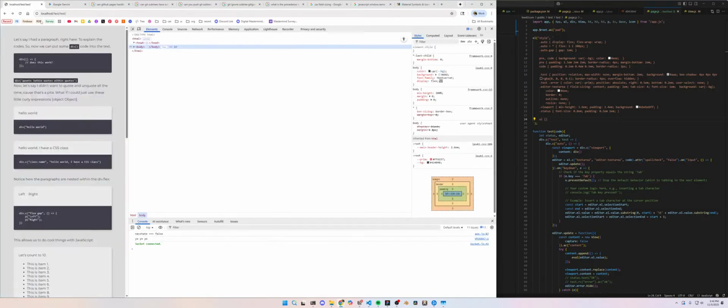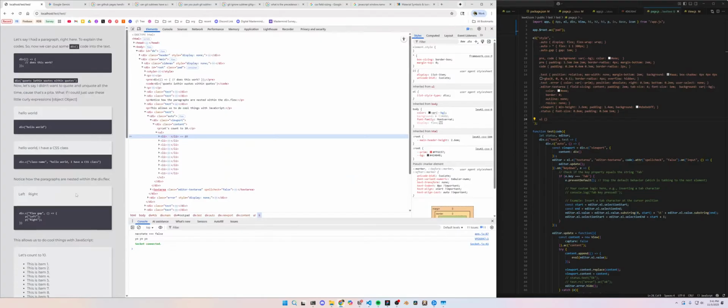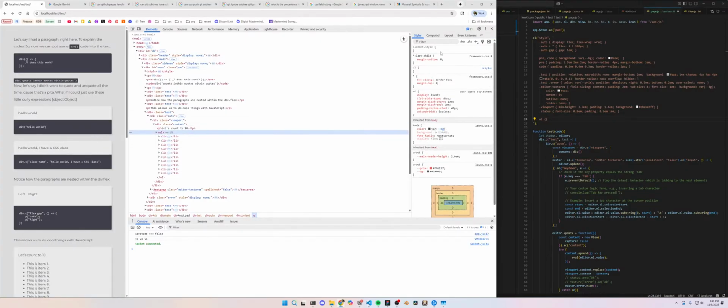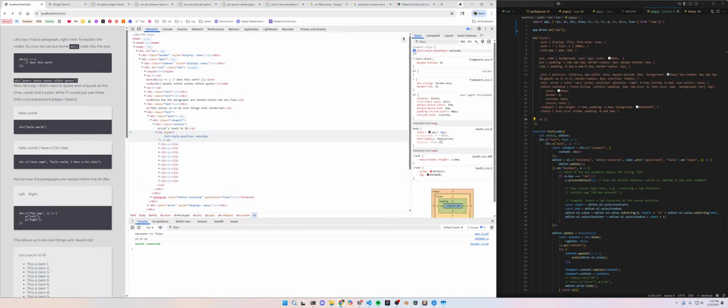List style position outside. Is that on the UL? Let's just copy it. UL. Did that do anything? No. Yeah, it changes the... No, it doesn't. I thought it changed the positioning, but. Alright, so the UL has this, is it padding left? Padding inline start. Weird thing, but